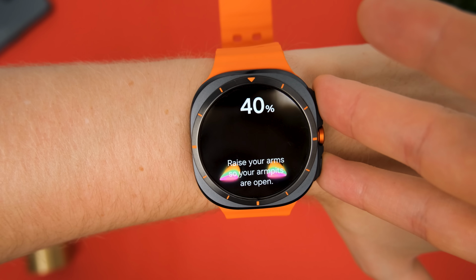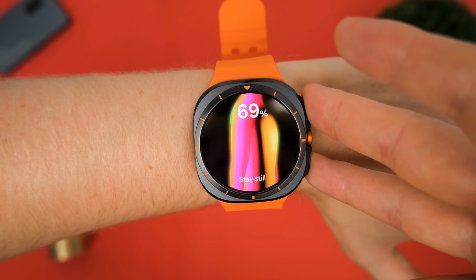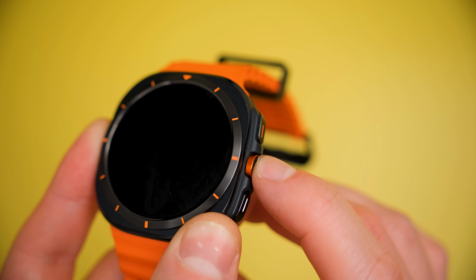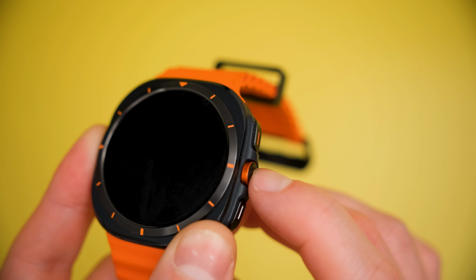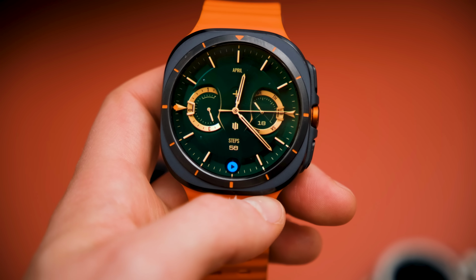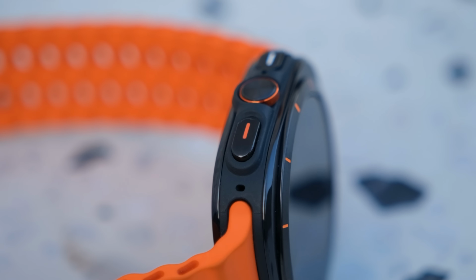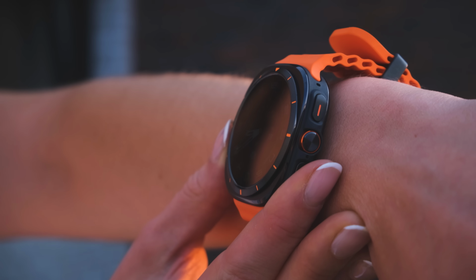The center button is more just used as a shortcut key, which brings me on to another sort of annoying point. Samsung have missed a really huge opportunity here with that center button. Why have we not got a rotating crown? And we've got to remember as well, the Galaxy Watch has always had that rotating bezel, or not always, but almost always had a rotating bezel, which has been a staple of Galaxy Watches in the past. I just feel like there was an opportunity there for Samsung to add even more use case to that center button or that crown. The fact that we don't have a rotating bezel or a rotating crown does bother me